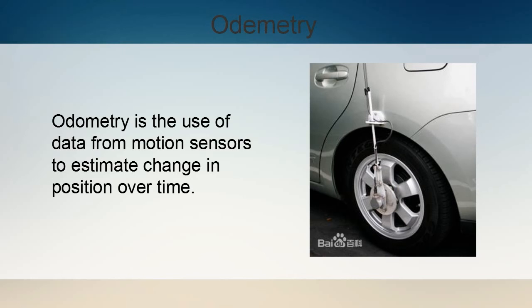Self-driving car uses an important method, which is odometry. Odometry is the use of data from motion sensor to estimate the change in the position over time. So it has a sensor on the left back wheel, which is used to locate the correct position of car on the road according to the horizontal movement of the car, which makes the car's position more accurate on the road.